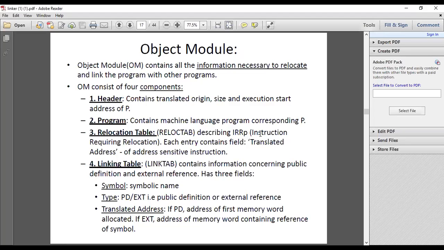The header contains the translated origin, size, and execution start address. The program contains the machine language program of the corresponding source program. The relocation table describes the instructions requiring relocation, and each entry contains the translated address. The linking table contains the information concerning public definitions and external references.